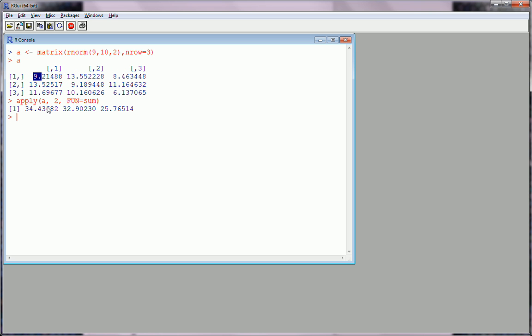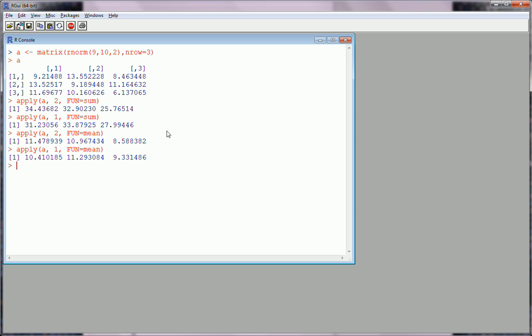So we could do the same thing for the row dimension. So we would change that to 1, and this time it's summed this way 3 times. Okay, what else? We could get the mean of each column. We could get the mean of each row. Right? We can also get all kinds of measures, like the standard deviation of the rows, standard deviation of columns,